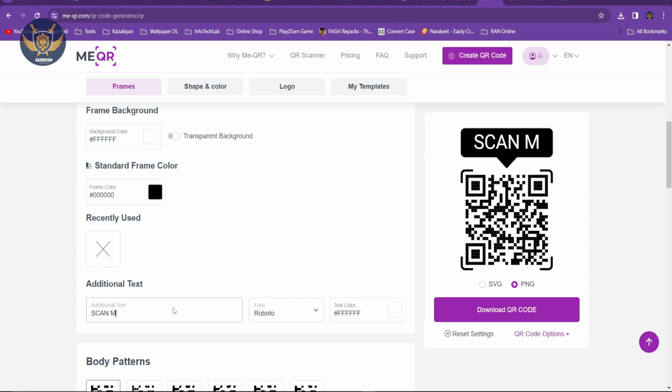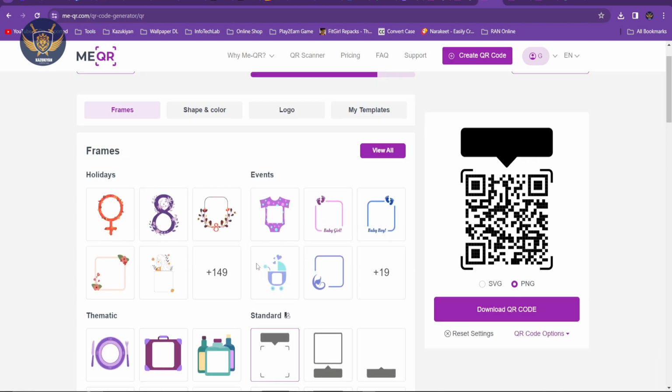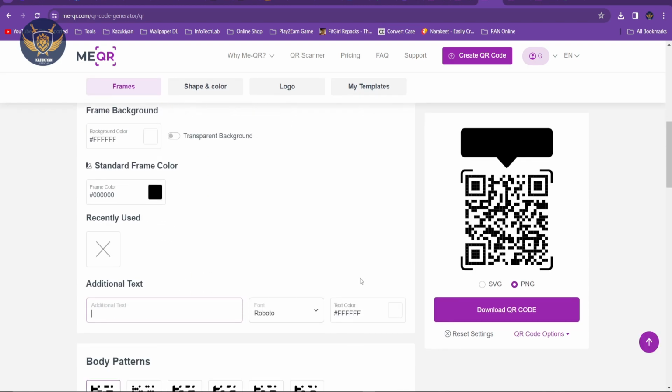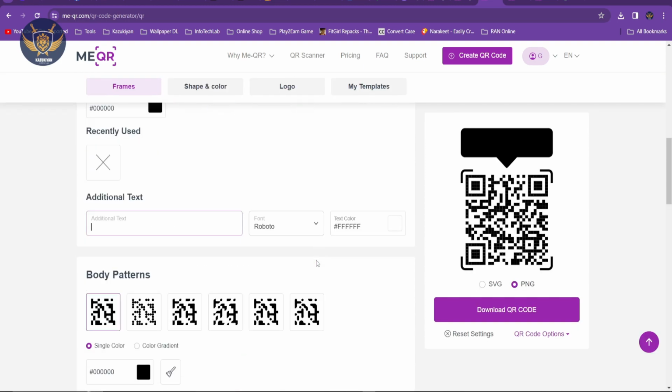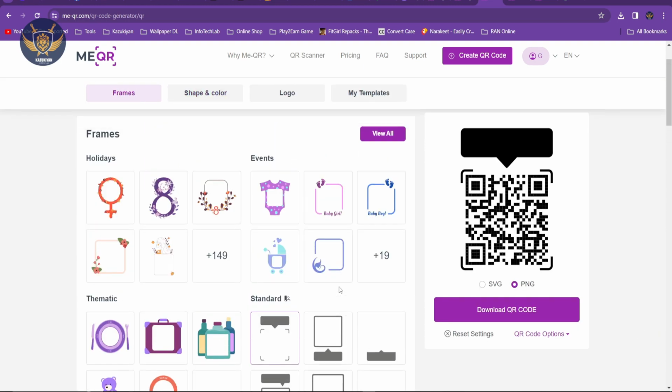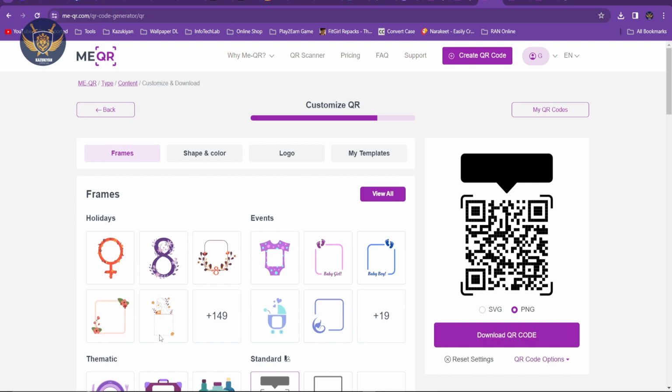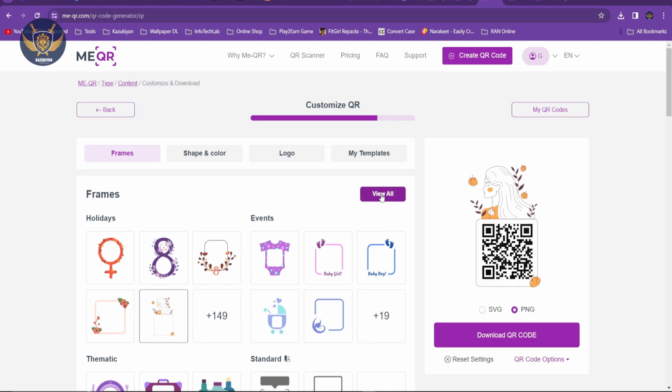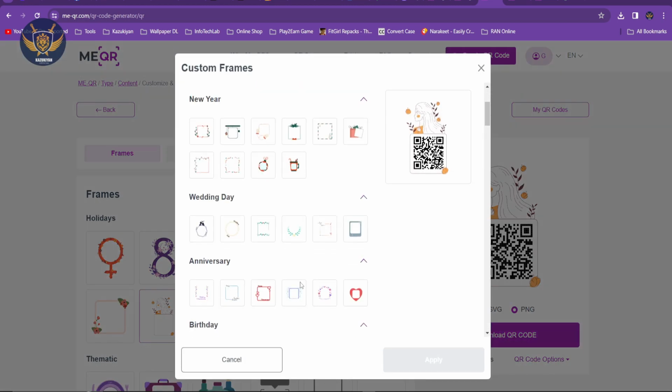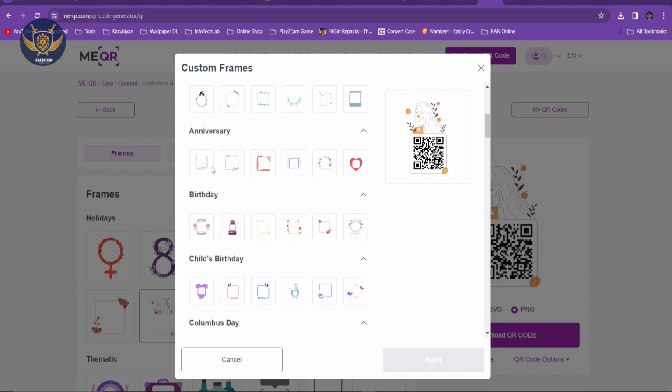Or we just use the default frames. So let's say we want to view more frames, and you can see there's a bunch of frames